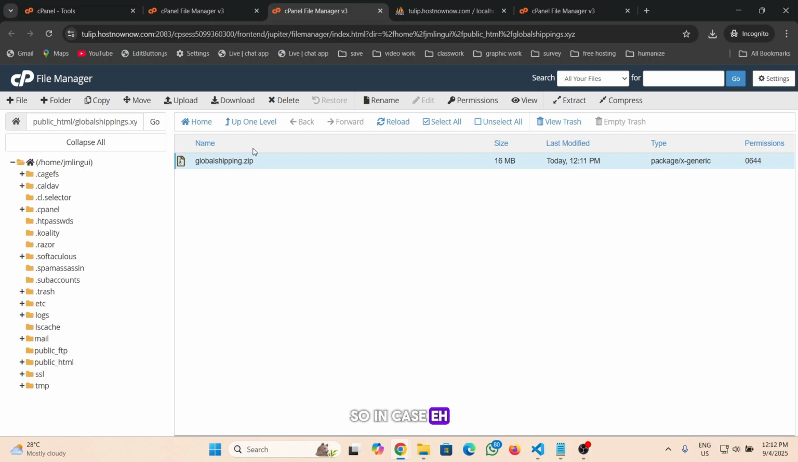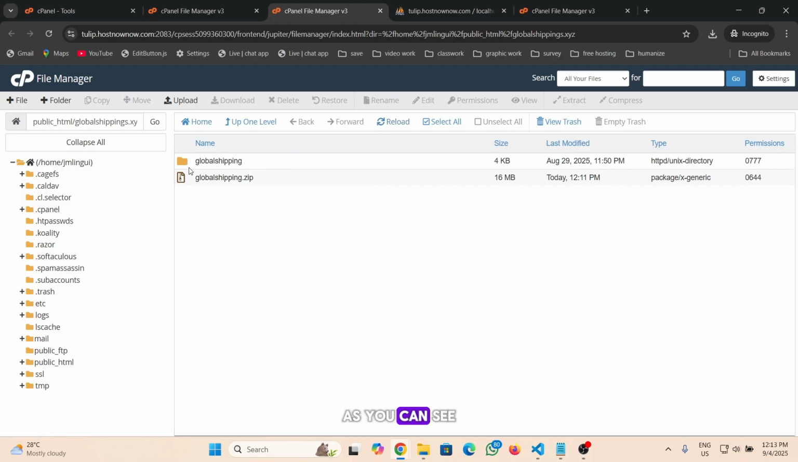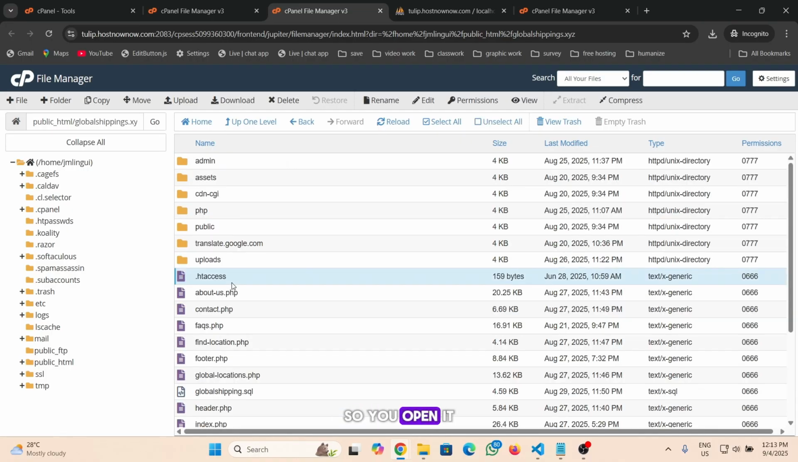So in case you didn't reflect, all you have to do is to refresh the page in order to see what you have extracted. Okay, as you can see, it's showing the folder. Okay, then the next thing to do is to open the troubleshooting folder. So you open it, and the next thing to do is to highlight all the folders and the files. So you click on this select all,